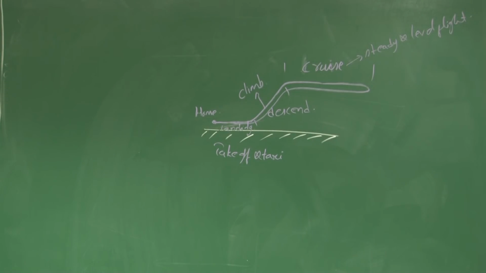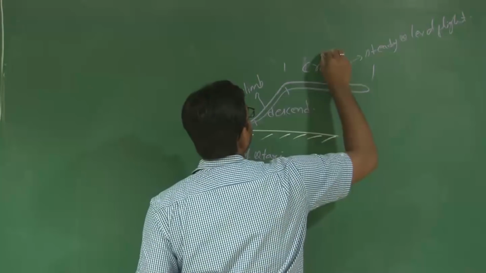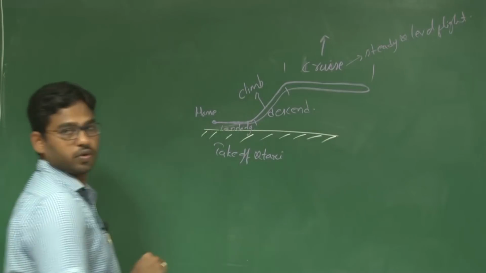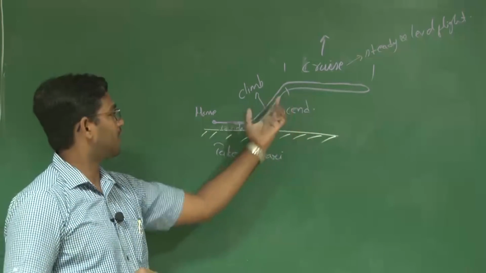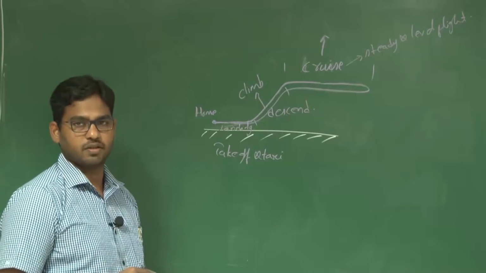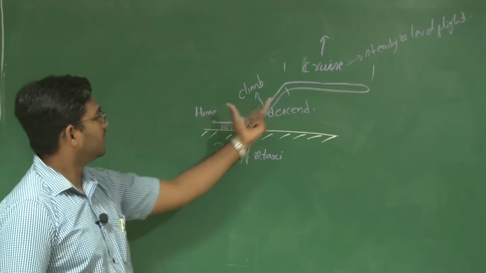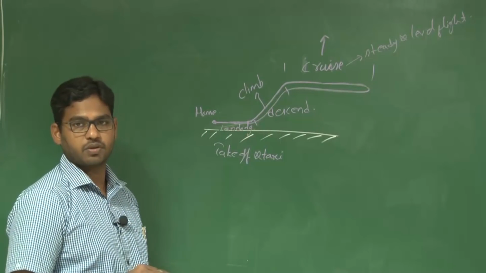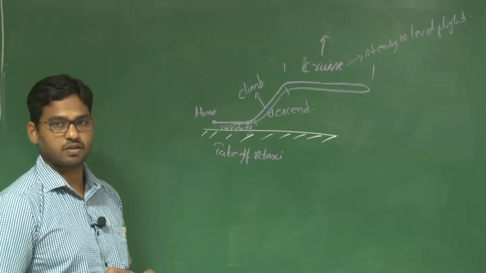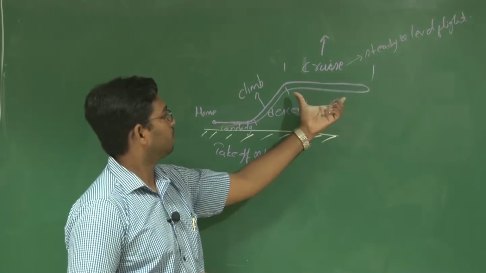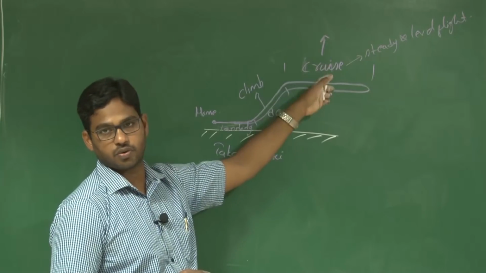So if you look at this entire profile, the maximum time this UAV will spend is performing cruise, right? Whereas the climb hardly takes around 2 minutes because it's unmanned, it can have higher rates of climb. And descent will hardly be a gliding flight in most of the cases, and then landing, of course, maybe for a couple of minutes. So the major part this UAV has to perform is cruise, right?